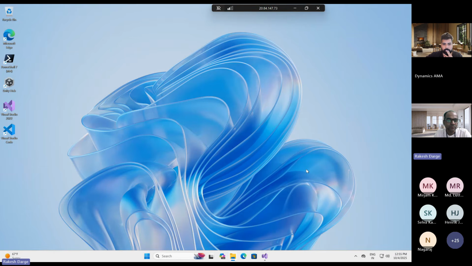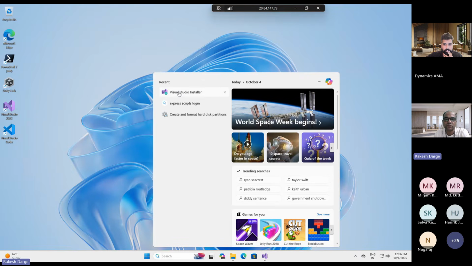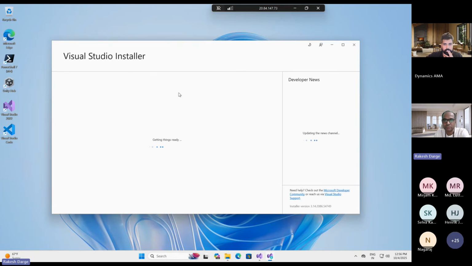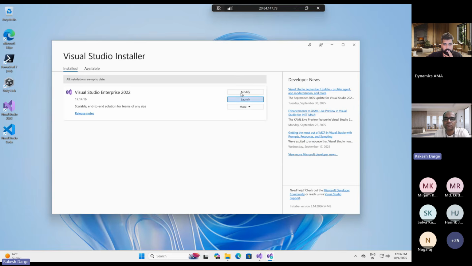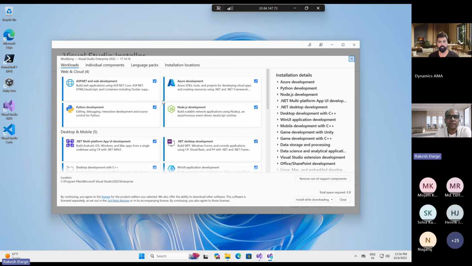Now this is the VM of Windows 11 that I deployed, which comes with a default installation of Visual Studio 2022. However, there are a few things that we need to take into consideration when it comes to Visual Studio. So you can just run the Visual Studio installer. I'll just quickly run through it. You can always follow the guideline given on Microsoft Learn, but again, I just wanted to give you a quick glimpse.